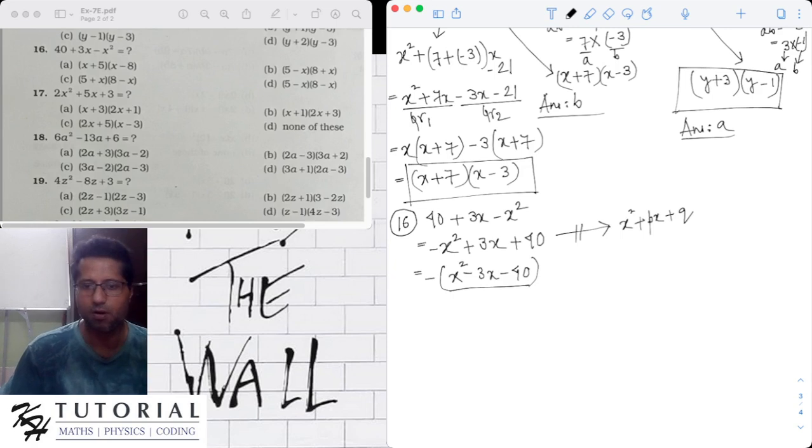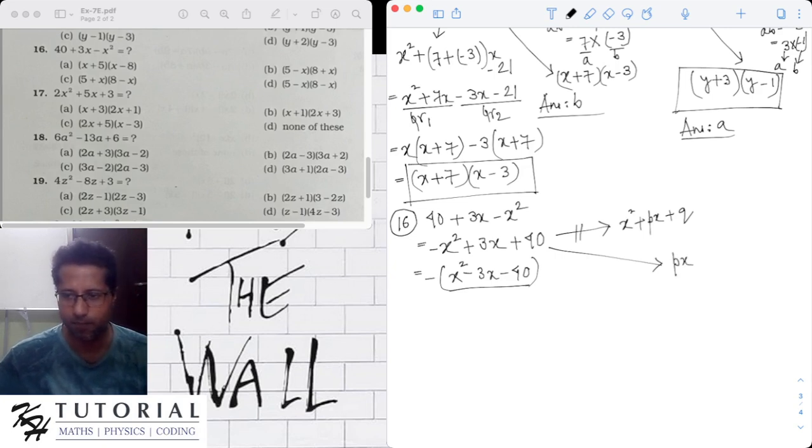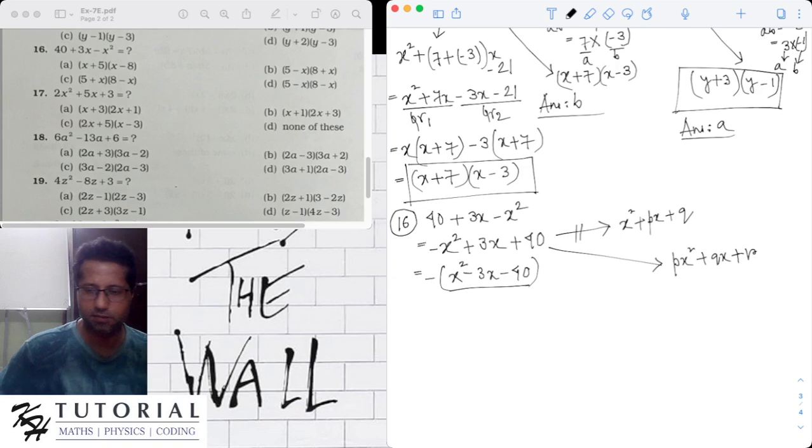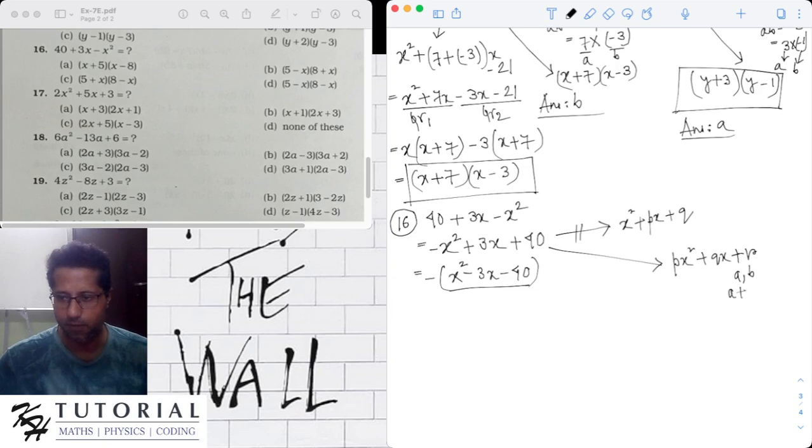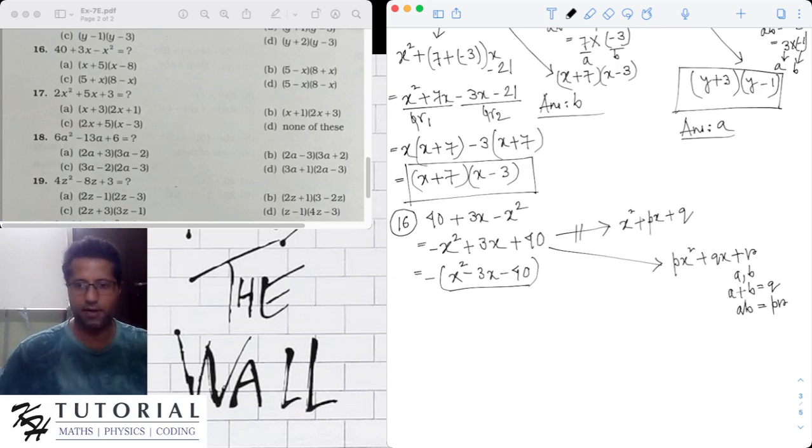You can do this, or you can apply the form of quadratic trinomial, that is px square plus qx plus r, where you can factorize the polynomial of the form px square plus qx plus r, where definitely p is not equal to 1. You have to find a and b such that a plus b is equal to q and ab is equal to pr. Let's try to apply this form of quadratic trinomial, in this problem